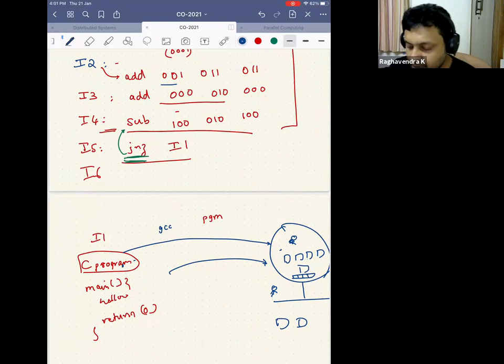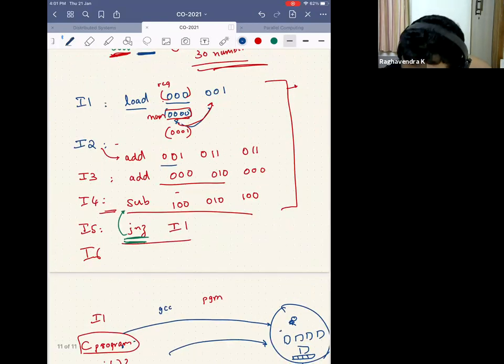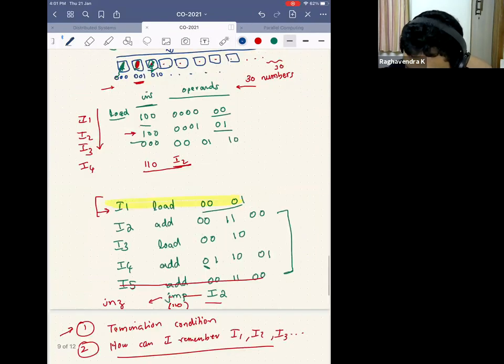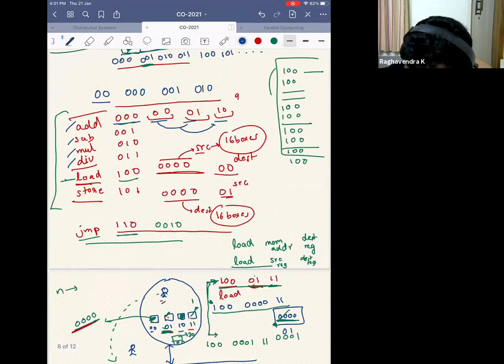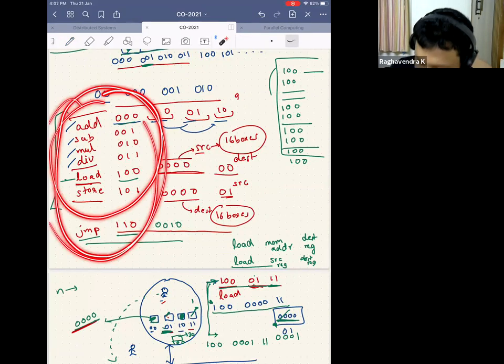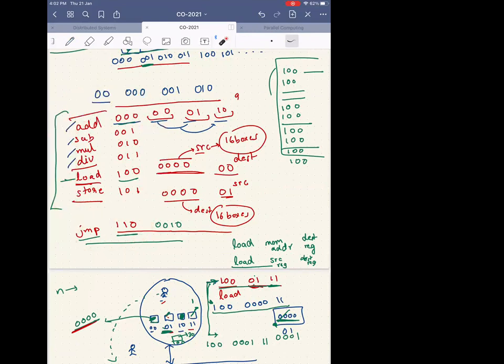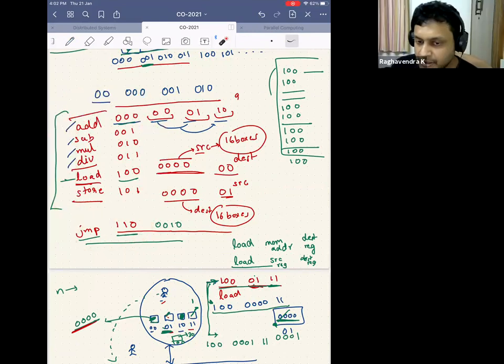But before it converts to ones and zeros, it has an intermediate step where it converts into this load, add, subtract, right? This is whatever we came up with. If you remember, we came up with this thing. Using this, your C program will be converted. And what is this called? Can anybody guess what this roadmap is called? Any guess is fine. You might have heard of it, right?